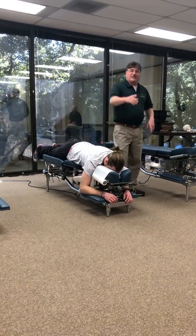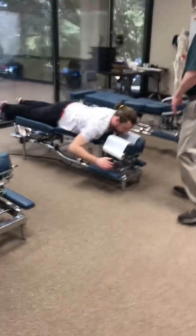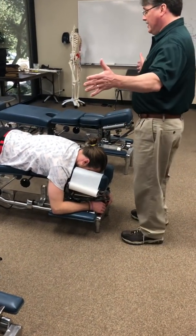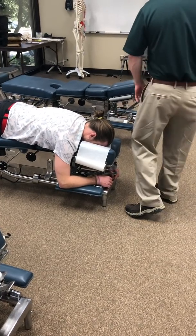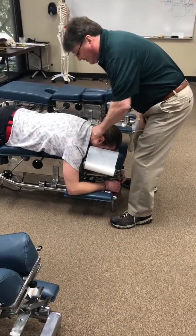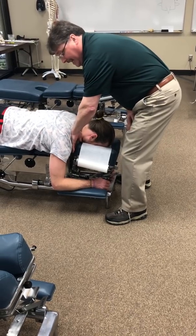Now this one you might need to move to see what's going on. I also have a head of table thumb spinous push. Looks pretty similar, but obviously I've changed my orientation to the patient, so be careful. This one got a bunch of people on midterm, so watch what you're doing. All right, I'm going to stick with my left hand. Back of my hand against the trap,